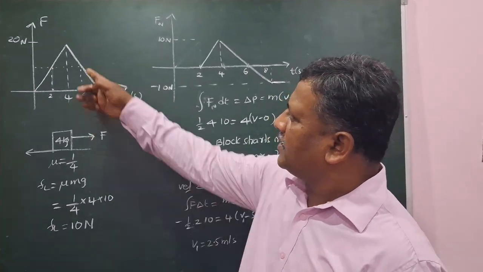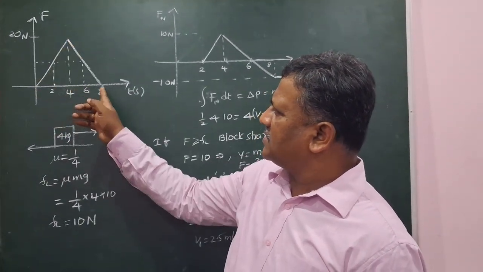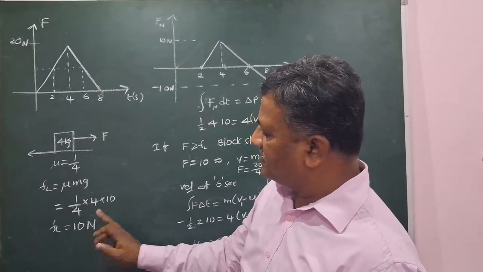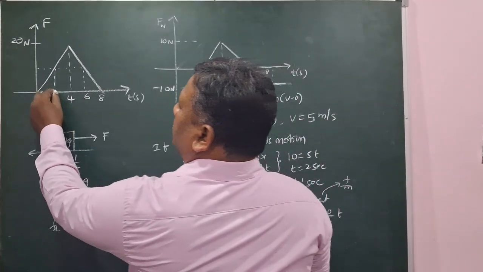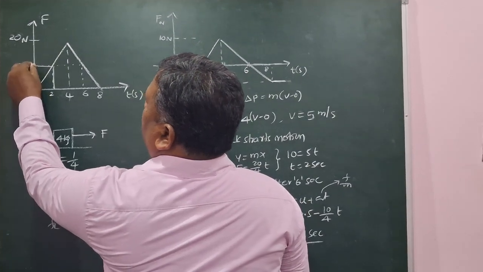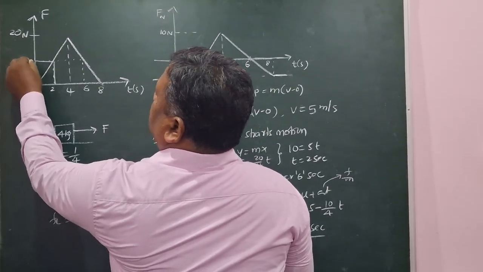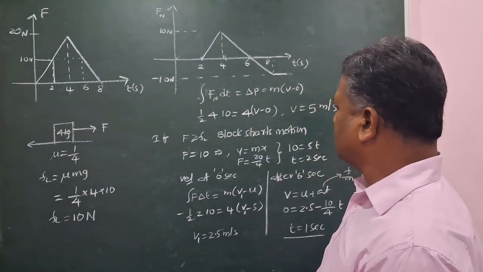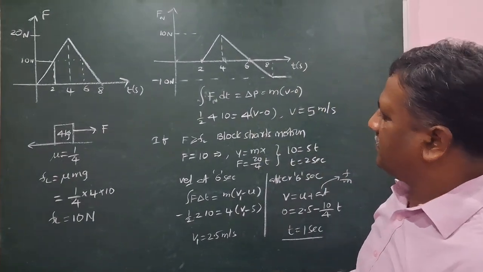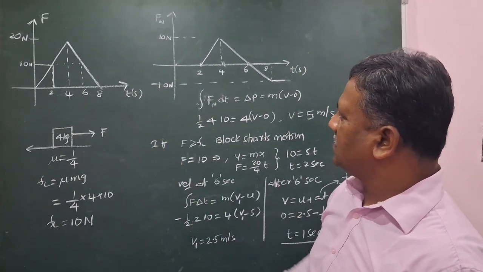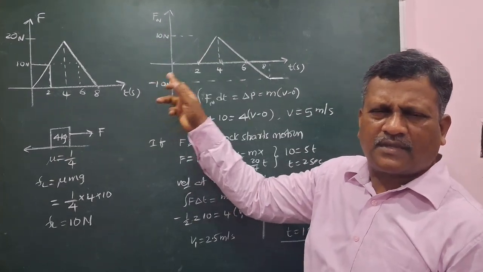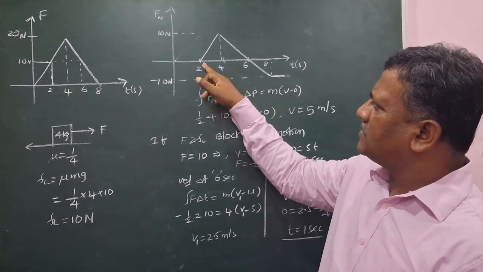Suppose we look at the force against time graph. The applied force will become 10 Newton after a time, since the slope is a constant. Here 10 Newton takes place after 2 seconds. So the body will start motion after 2 seconds only. Here motion starts. Suppose you draw a net force against time graph, the net force will be 0